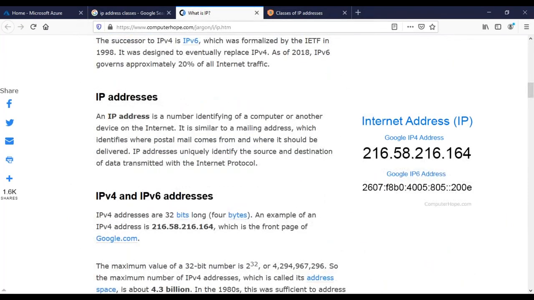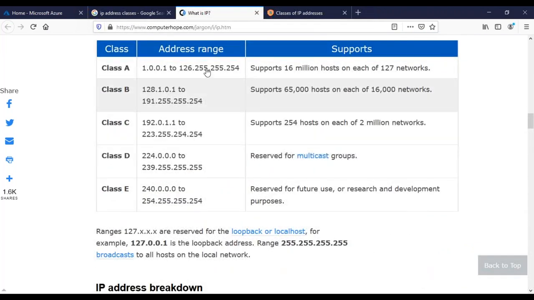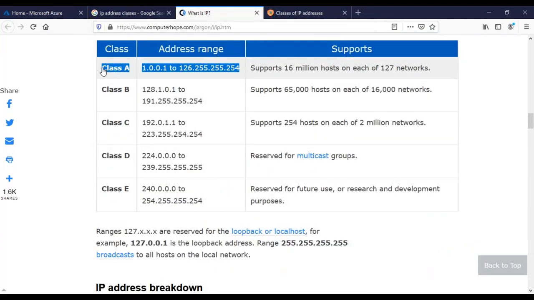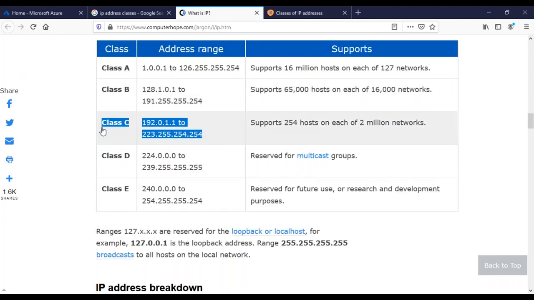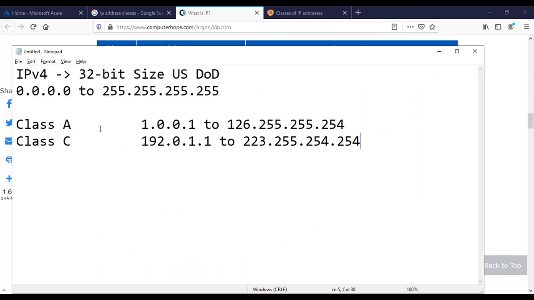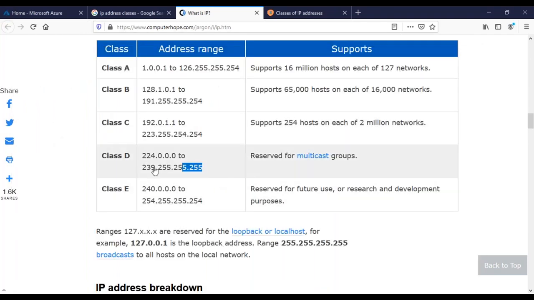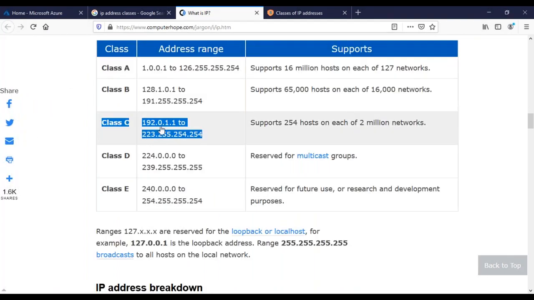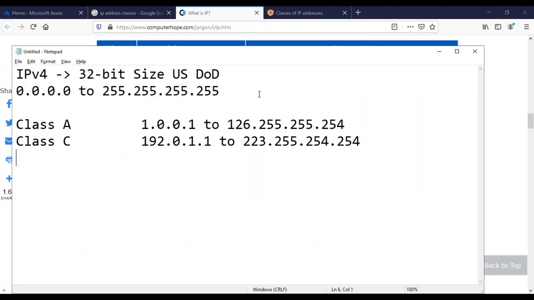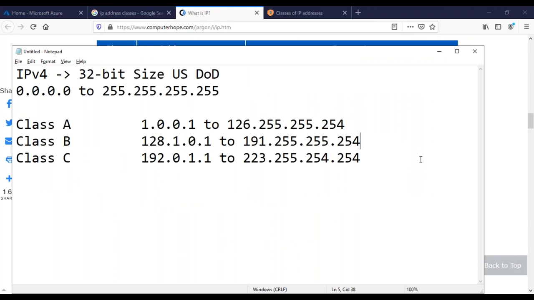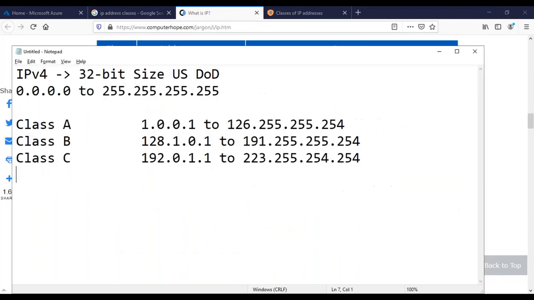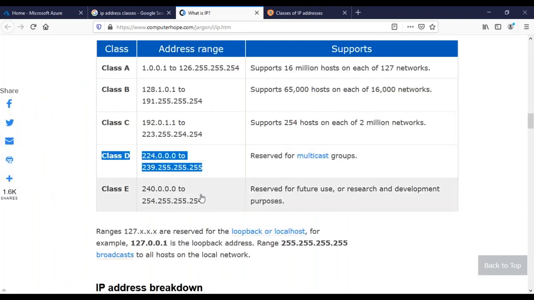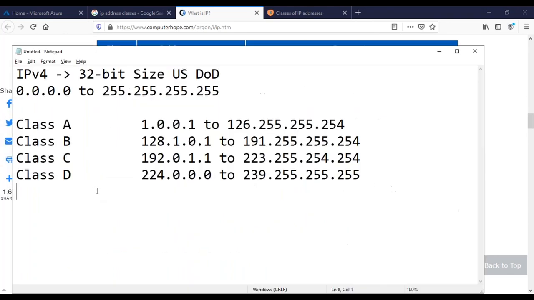I'm not going to waste a lot of time on this one, but as I said, this is class A, this is class B, this is class C, and finally class D and E, guys.